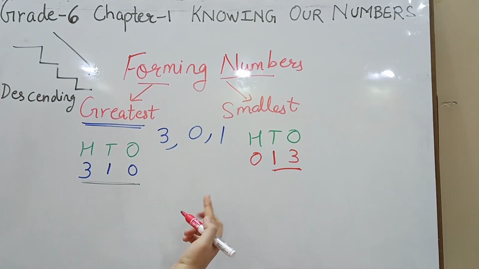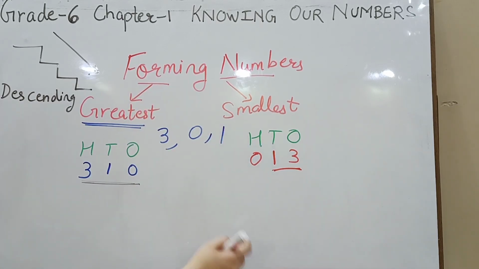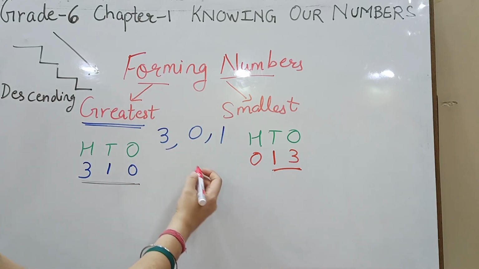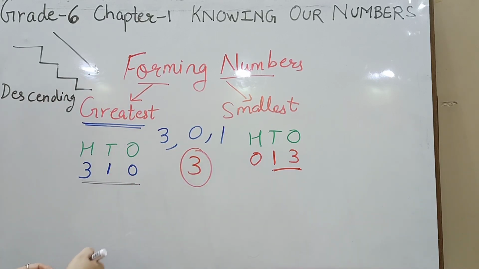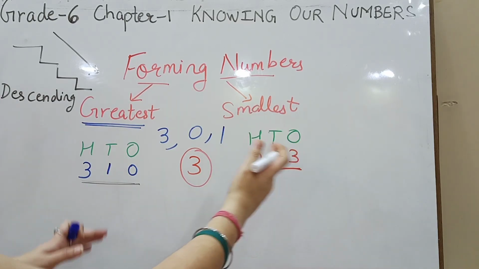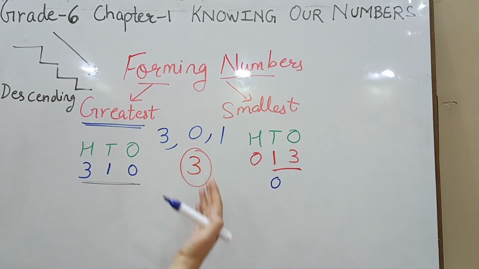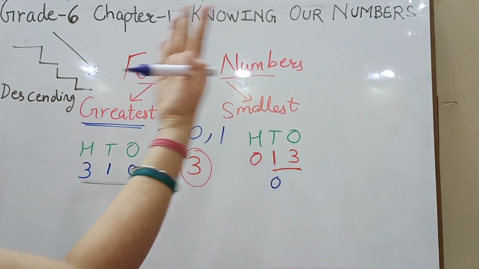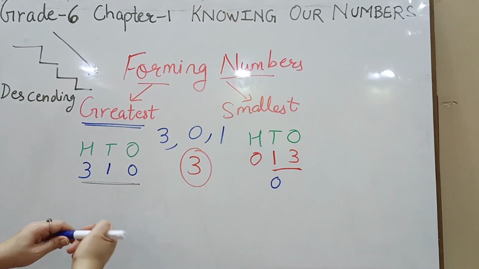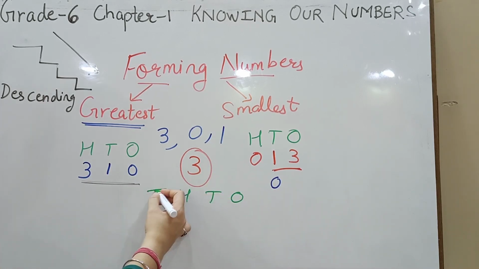Now 13 is a 2-digit number, whereas I told you to form a 3-digit number. So when the condition specifies that you need to form a 3-digit number, you cannot fix 0 at the greatest place. Whenever the smallest numbers are being formed, always remember 0 will be placed at the second place. For the smallest 3-digit number, 0 will be placed at the 10's place. For the smallest 2-digit number, the 0 will be placed at the 1's place. For the smallest 4-digit number, we need to work upon 1's, 10's, 100's and 1000's.